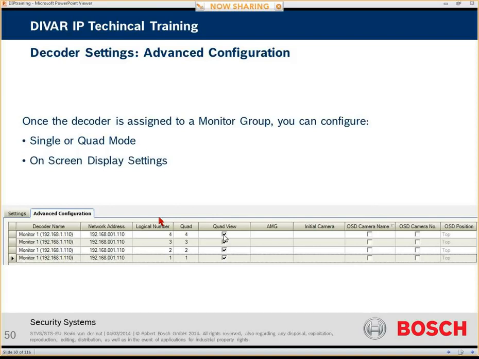And by selecting the quad view, you will see that instead of having one line for the decoder, it will display, as shown in the screenshot, 4 lines of the monitor itself. And then on the right hand side, I can define an initial camera. So this is whenever my application starts up, what is the initial camera that is placed on that particular section